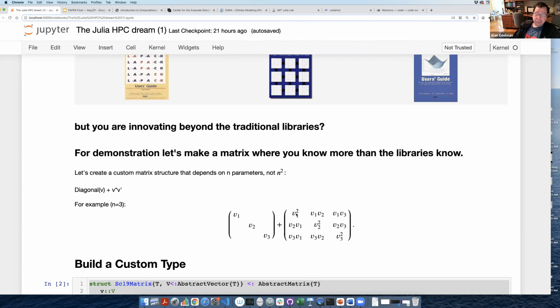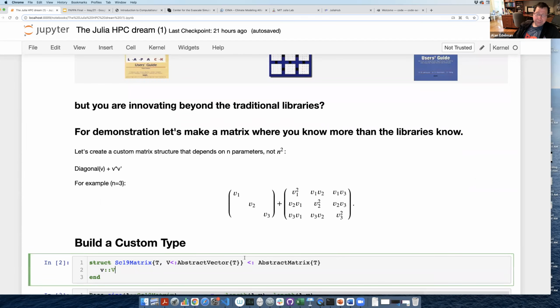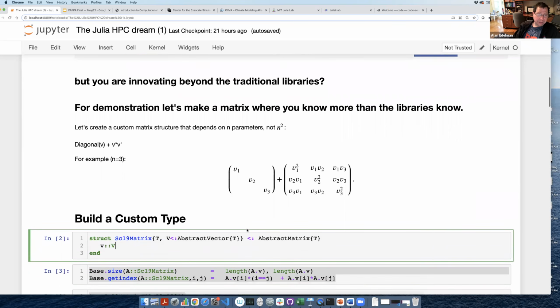You'll see this is V1 times V1, and this is V1 times V3. So I'm going to add this. And for whatever reason, this is a matrix that's not in the libraries. None of the famous libraries will work with this matrix. So what I'm going to do is build a custom type. This is learning a little Julia now, a little fancy Julia, I guess.